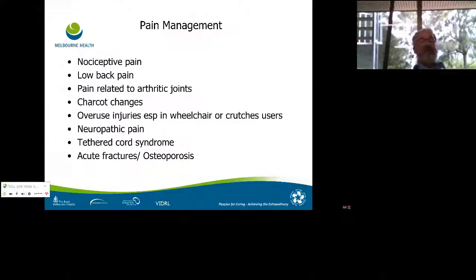I'll just mention that it's called syndrome at a later stage. And because there's a link with osteoporosis, there can be acute fractures, and in a spinal population there is the possibility of fractures occurring without a great deal of obvious signs. So some of the